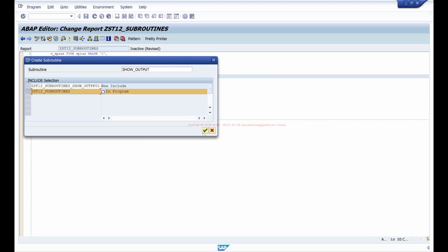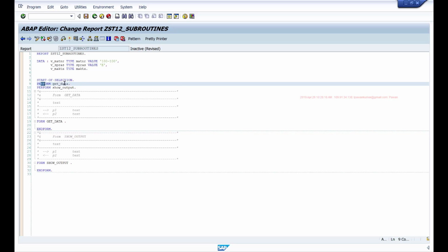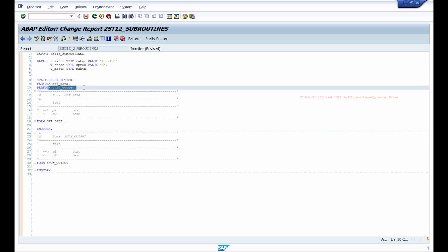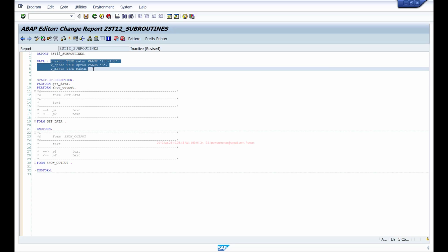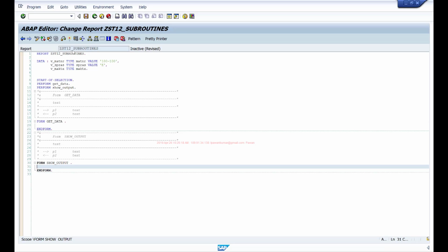I'll get this, select the second one, main program. Okay. Now when the program is running, once the start-of-selection event is triggered, it will execute this code and then it will execute this code. Since I declared these variables in the global declaration area, I can access these variables both in the getData and showOutput subroutines.